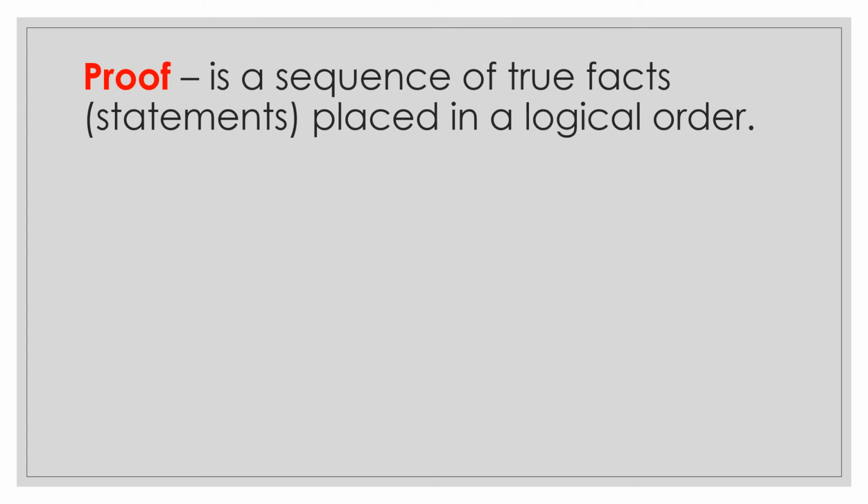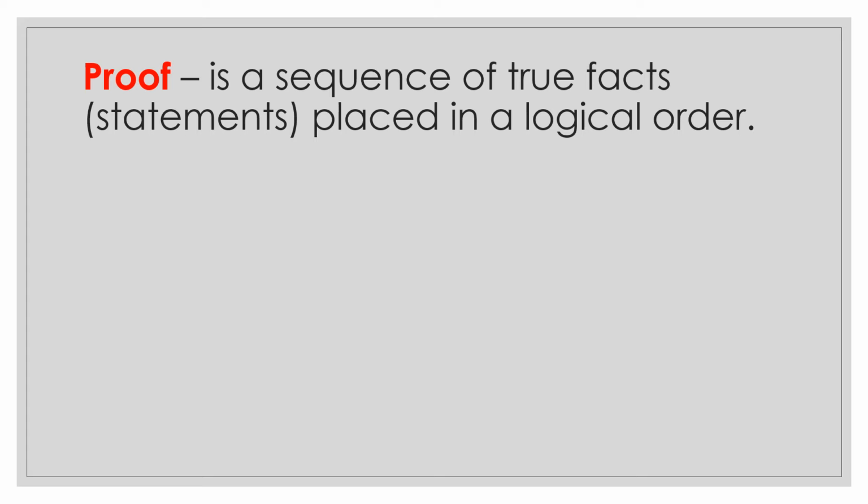Alright, so when we want to prove something, you want to show some evidence, right? So that is what we will do as well. When we say that two triangles are congruent, we have to show some proofs. So what is a proof? It is a sequence of true facts or statements placed in a logical order. So still, we have to arrange them in order that it will be easy to understand, and it is following